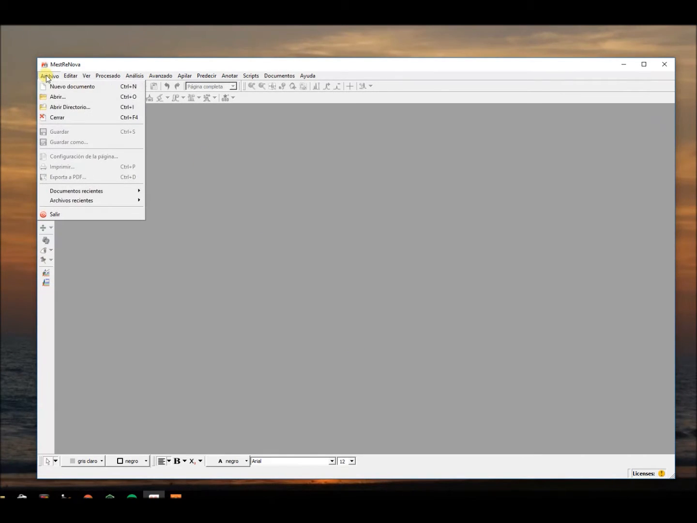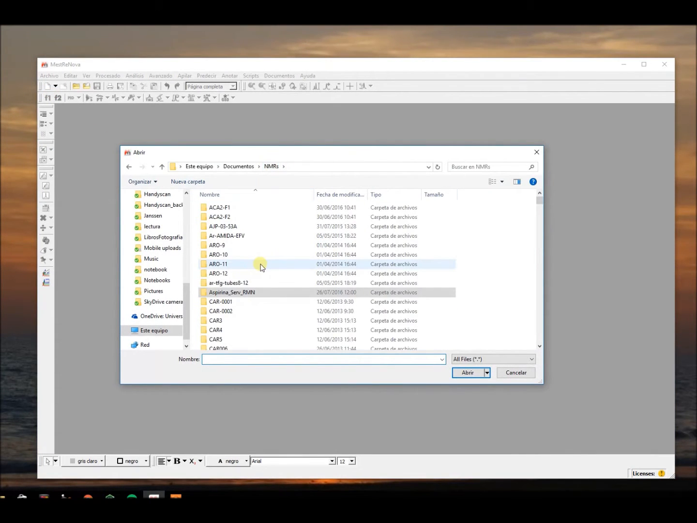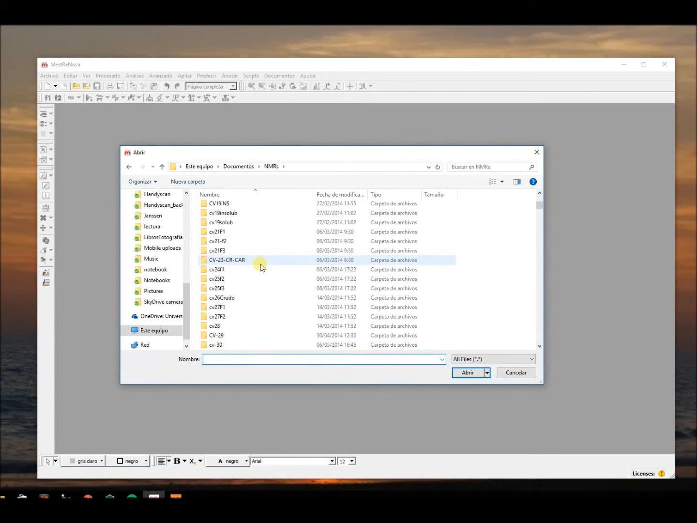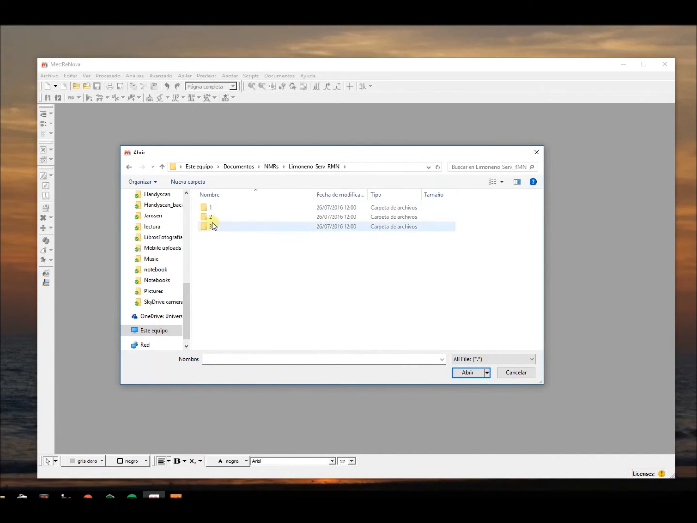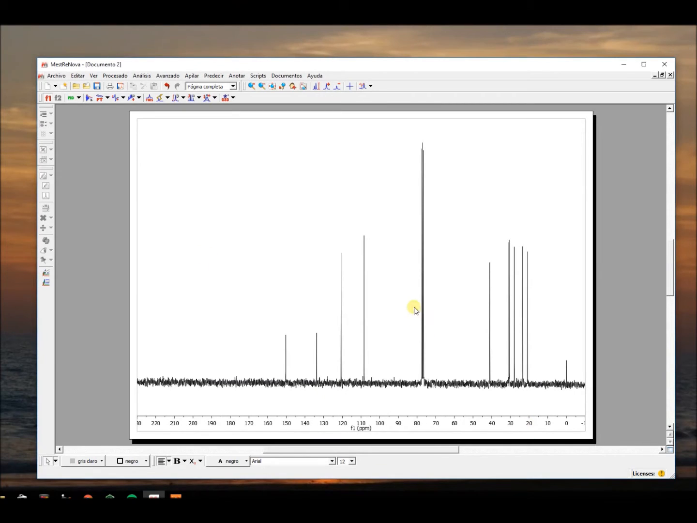So first of all, we have to browse for the folder where we have our spectrum. Let me have a look for it. Here it is. We're going to process the carbon NMR for limonene. So I have here a folder with all the data from limonene. We have here three folders. The number 2 and number 3 will be the ones corresponding to the carbon and the DEPT spectrum. So I open the folder, I select the FID from all these files here, and here is the spectrum from